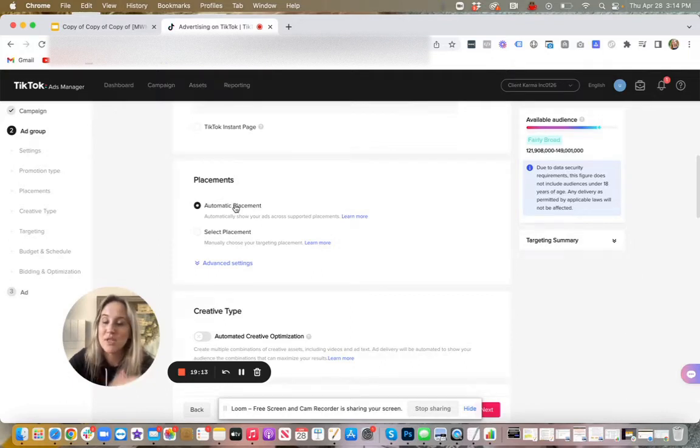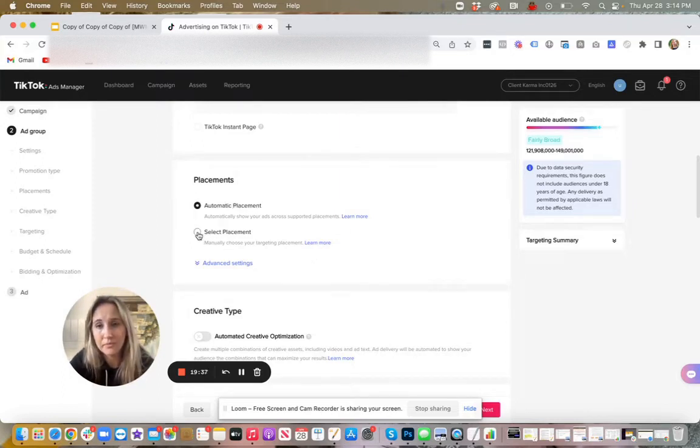A couple of years from now, when they have been running for years and they have just a crap ton of data, then it's going to probably become even more efficient and making you money to use automatic placements. But right now, it's a new ad platform and you don't want to do it.